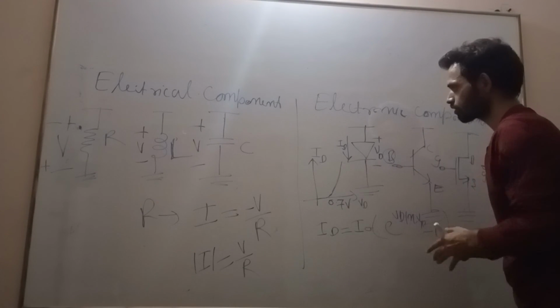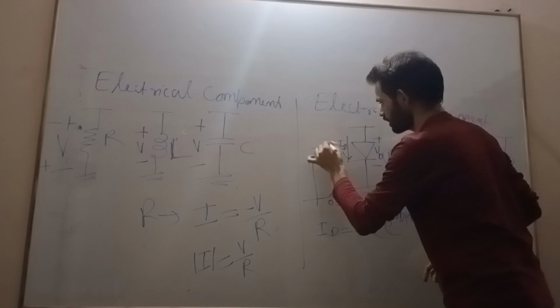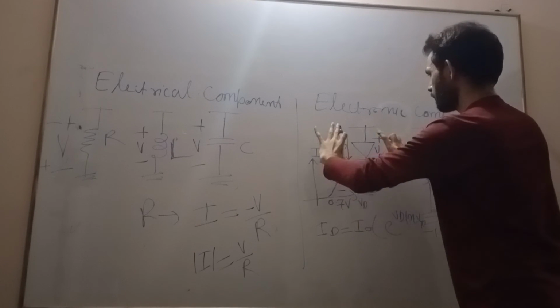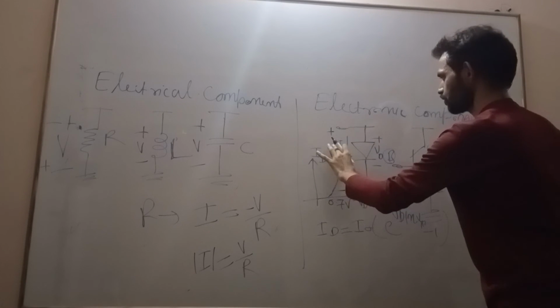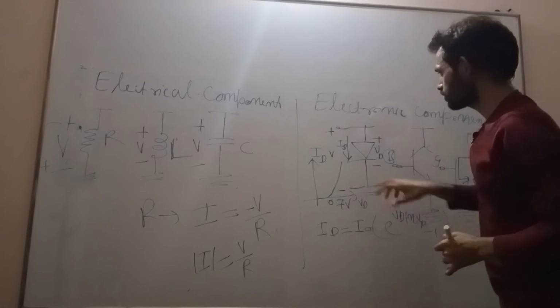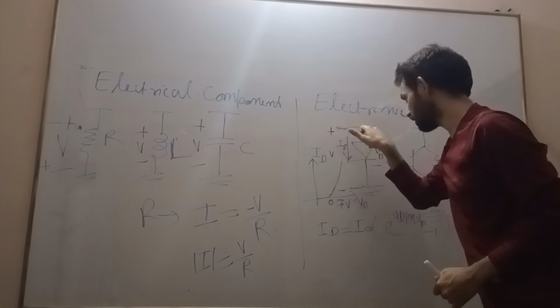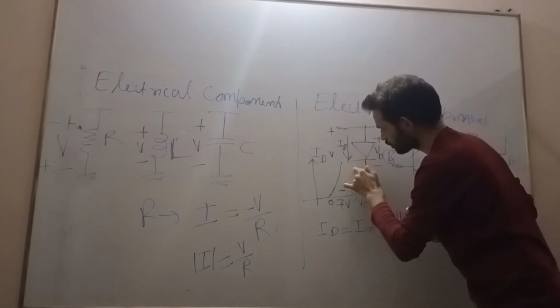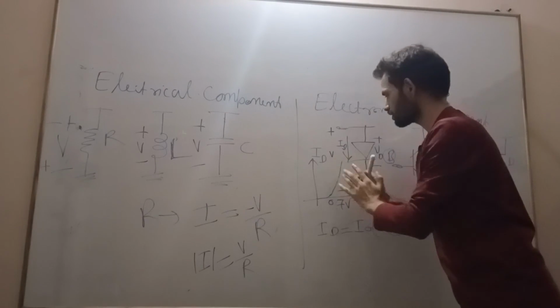Now come to the diode. Let us say the voltage V, positive and negative, that we have applied across this diode. The positive is connected to the p-type material, and the negative is connected to the n-type material. So it is in forward bias. So therefore